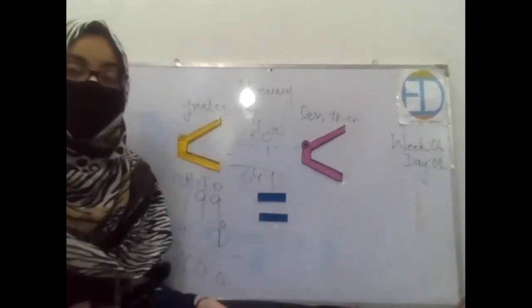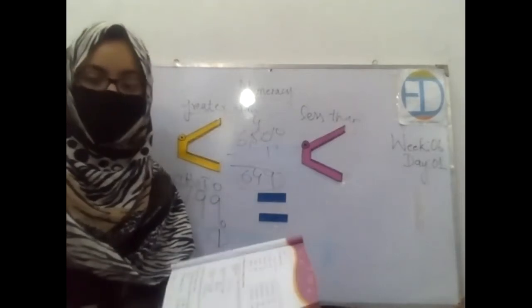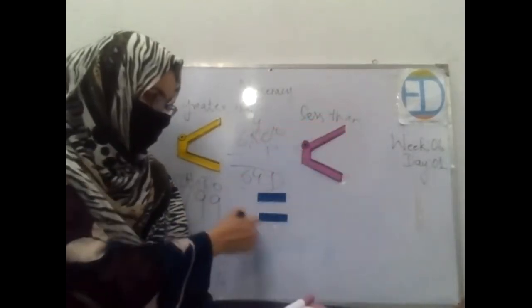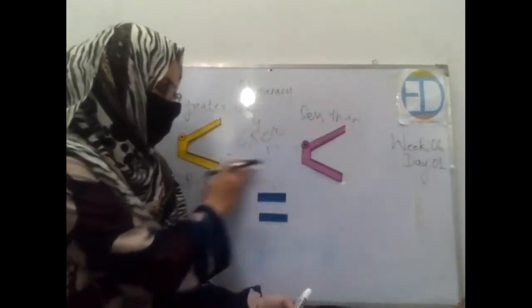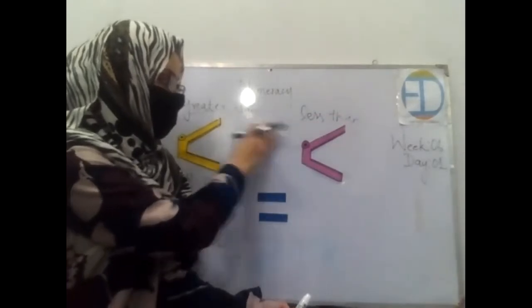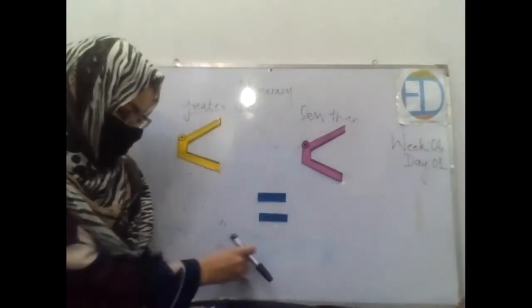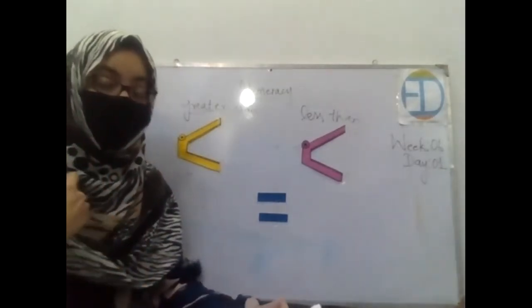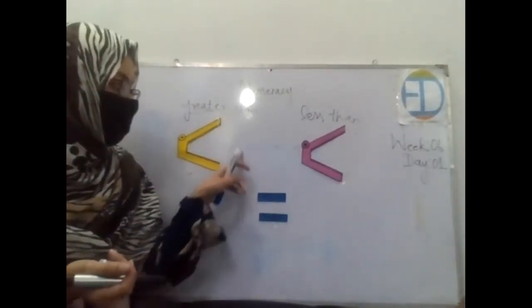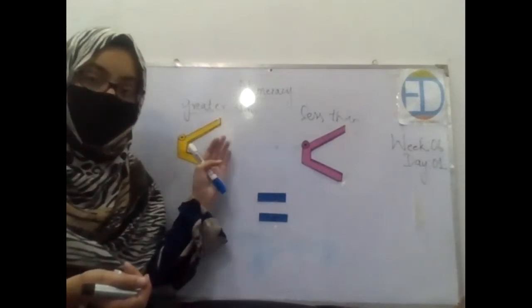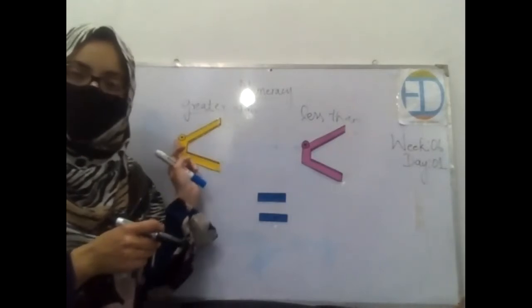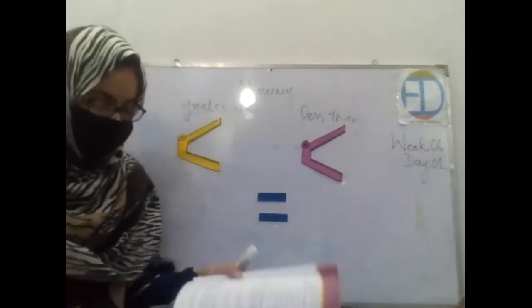Got it? Now the second question says that signs are used to compare numbers. The similar signs that I have drawn for you on the board are given over there as well. It says that the equal to sign is this one, right? Two lines. These are drawn to represent that two numbers are equal to each other, or that two numbers are the same. Then there is this greater sign, the sign which shows the greater number. We draw it in this way, that the open part of its mouth is toward the greater number, and similarly the closed part is toward the smaller number, right? Okay.